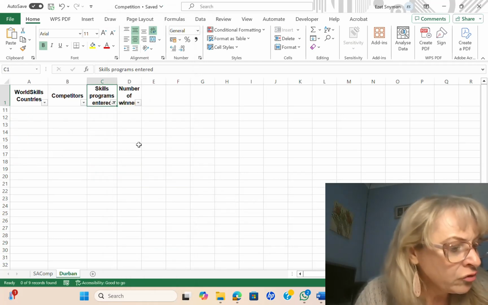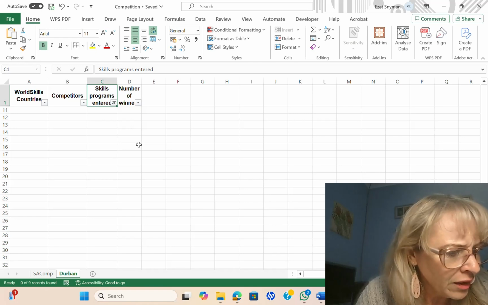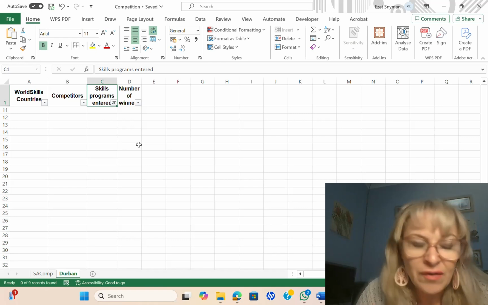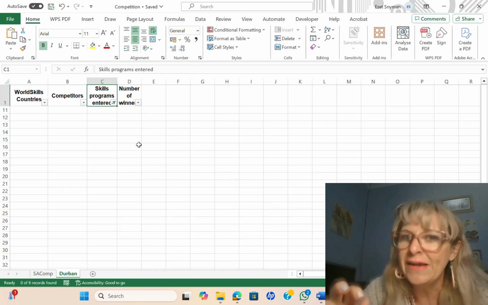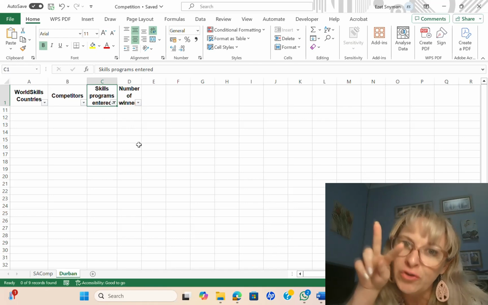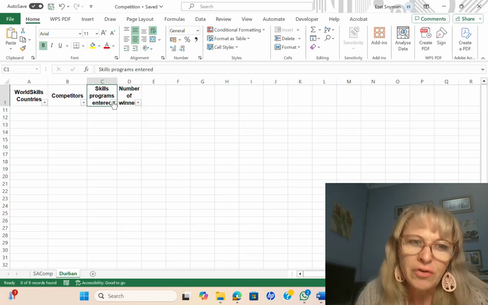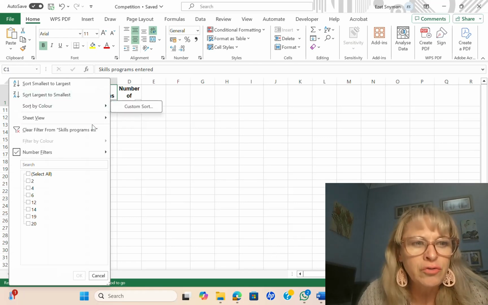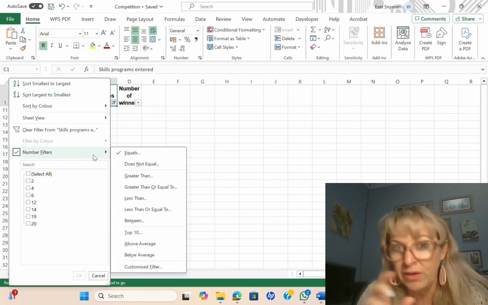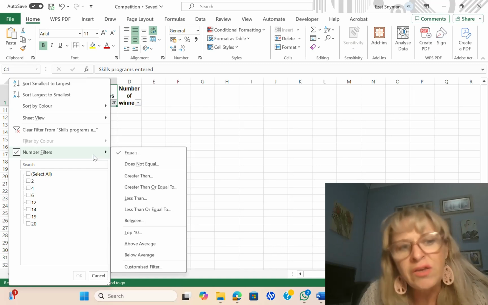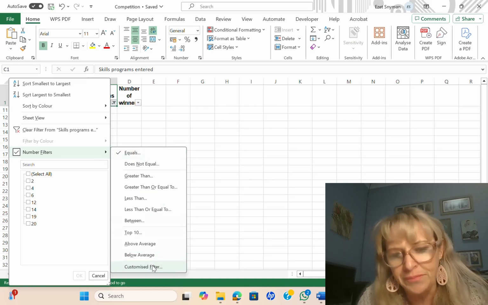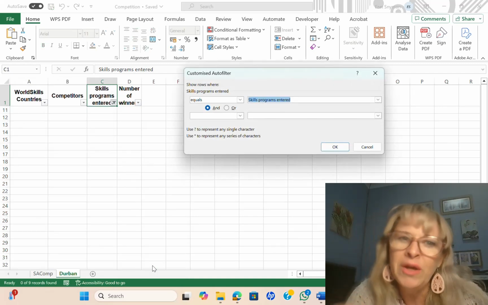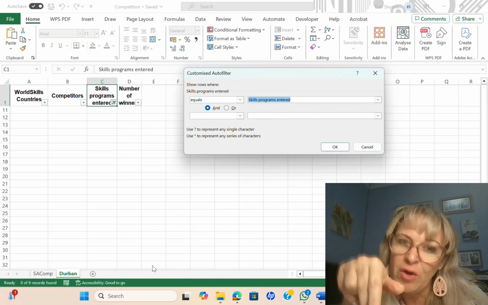Okay, now they want you, number B, sorry, we're still busy with A. Filter it so that the values are greater than 4 and less than 19. In other words, it's 2 filter things that they want you to do. So if you click on that filter, the options that appear there, if you go to number filters, because we're going to filter according to numbers, then you're going to have to select the one at the bottom that says customized filter, so that this dialog box will appear where you can have 2 different filtering options.